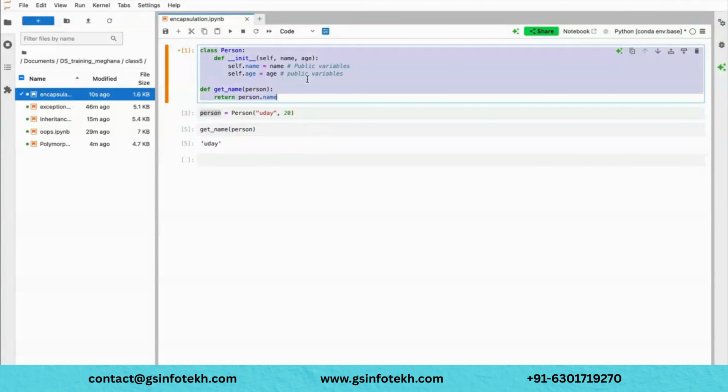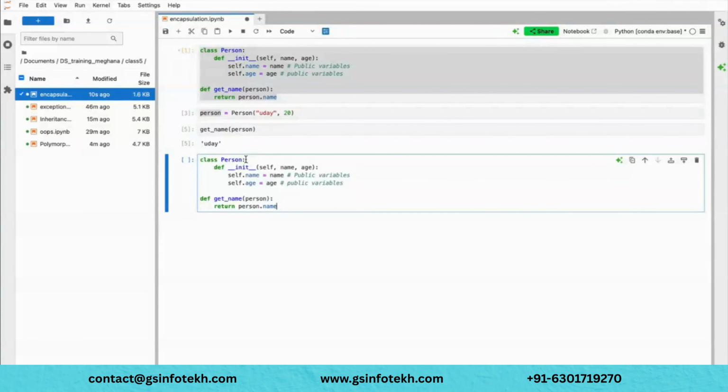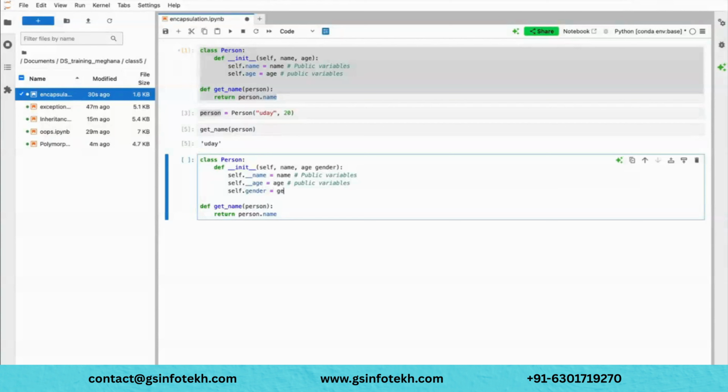Let's say maybe I can copy this entire thing, maybe gender. This name I'm also making private. Age is private. Self dot gender equal to gender, and let's see whether it is accessible or not.